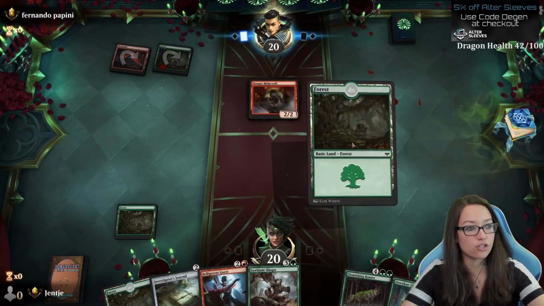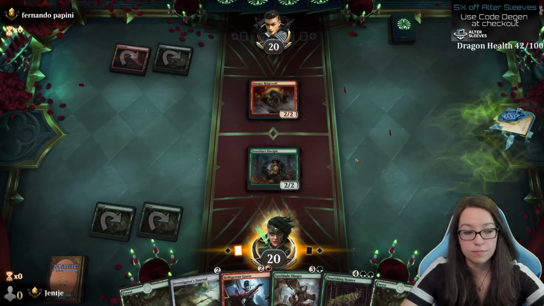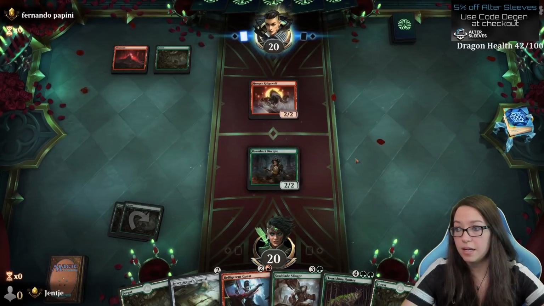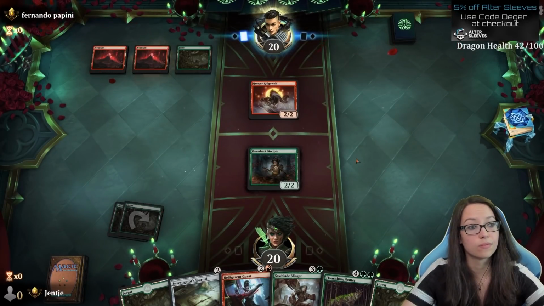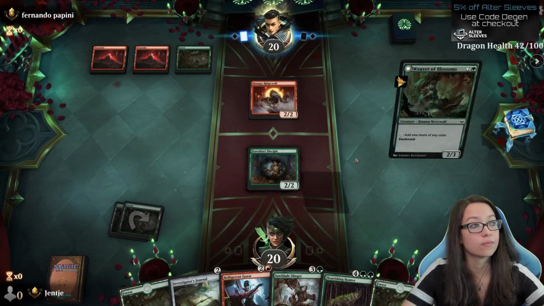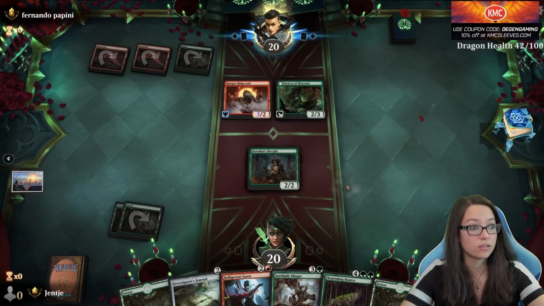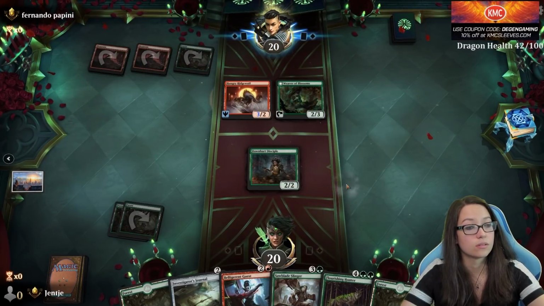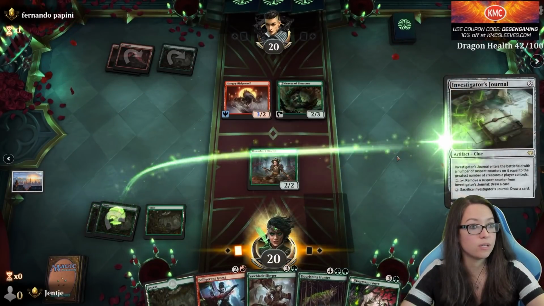The mirror match. Can I get a red land, please? That card's great, I'm jelly about it. I don't want it to be night, so...